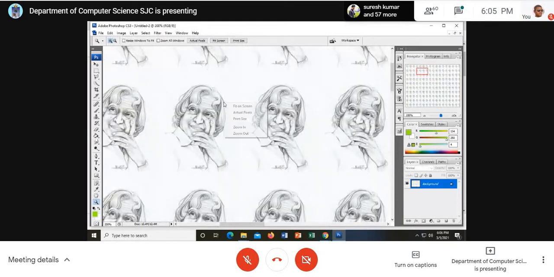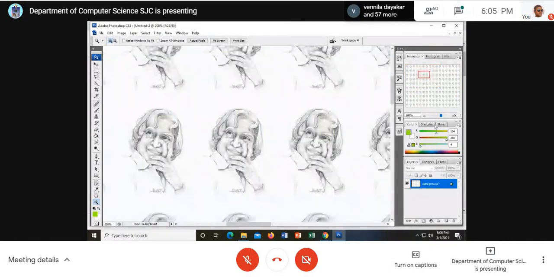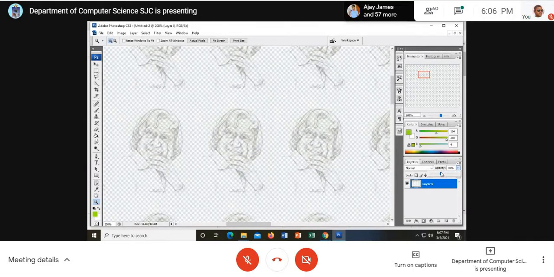So what should I do? I have to just reduce the opacity. How do I reduce the opacity? Opacity means the look and feel, or the thickness, or the color strength. I'm going to reduce the color strength. Look at the layer palette. Opacity, not capacity, it is opacity. I click on that corner arrow mark, and a knob comes. Reduce the knob. See? Very light color. It has become very light color.